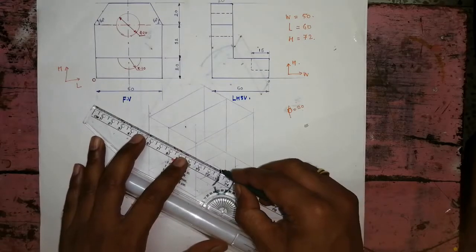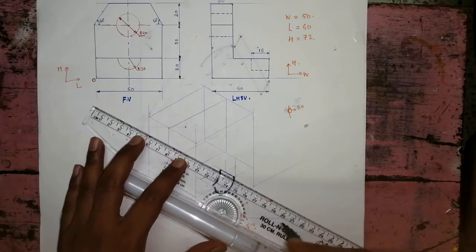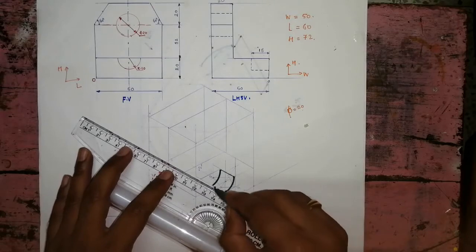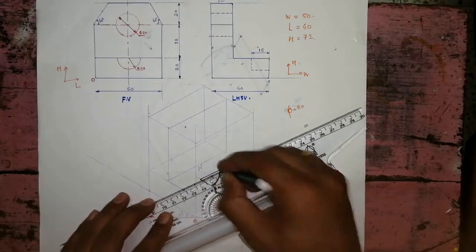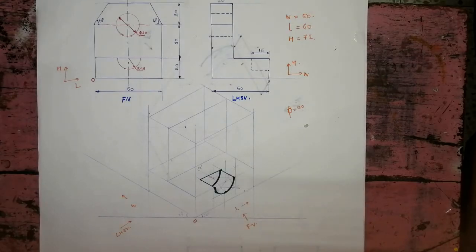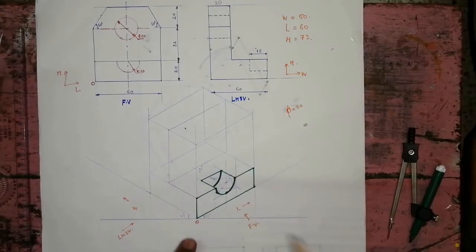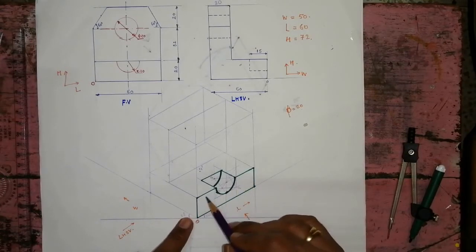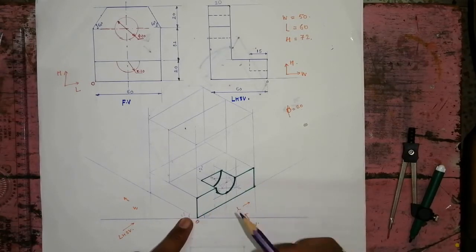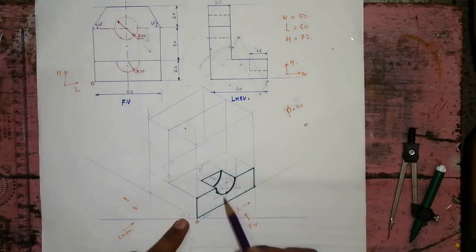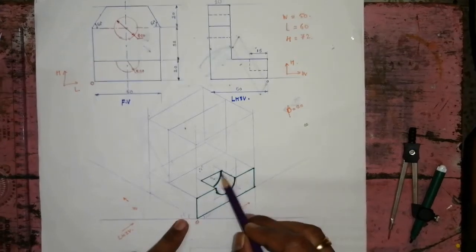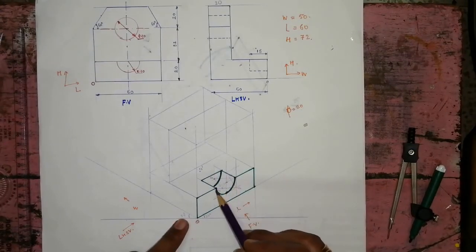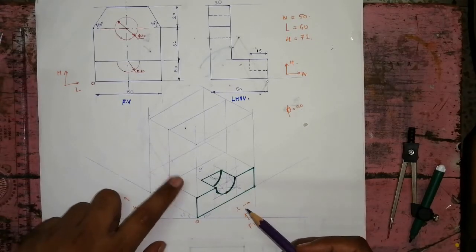Make it dark now, something like this, here, like this, and here. So this is the semicircle part, the front. Make the front side boundary also dark. So that's the surface we get in the front view. Something like this. This line comes forward because of this line here, and the semicircle. So we have completed this.